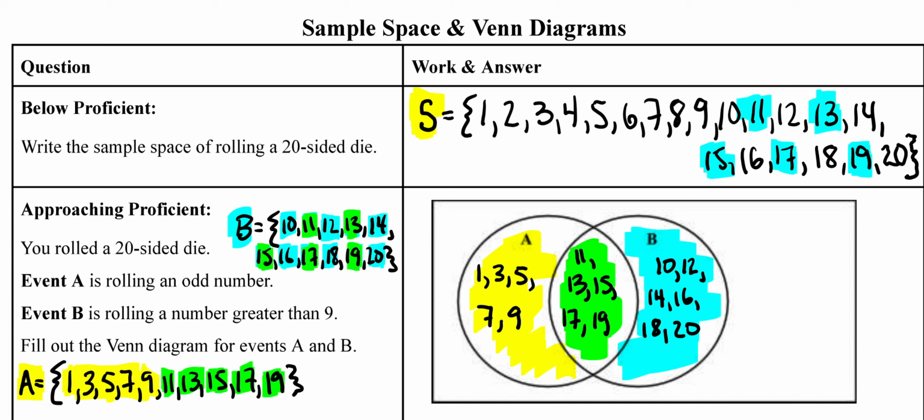And let's go back and keep track of what we've done here. So 1, 3, 5, 7, and 9. So we put 11, 13, 15, 17, and 19 in the middle there. And then we put 10, 12, 14, 16, 18, and 20 in there. So now we've filled out everything that's in either A only,